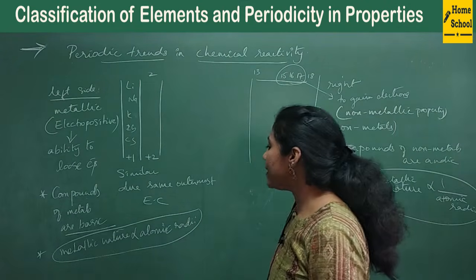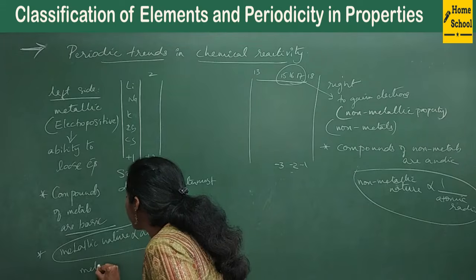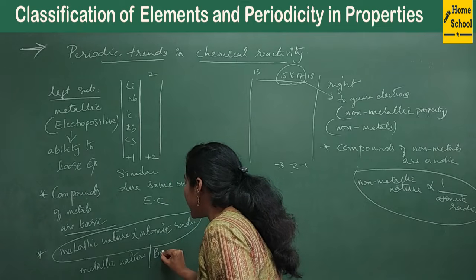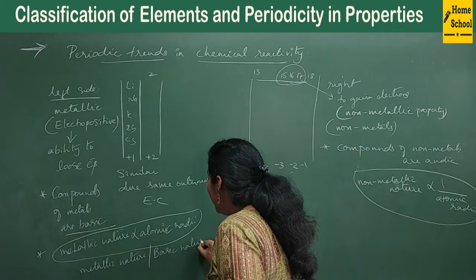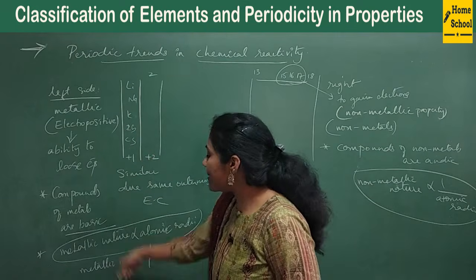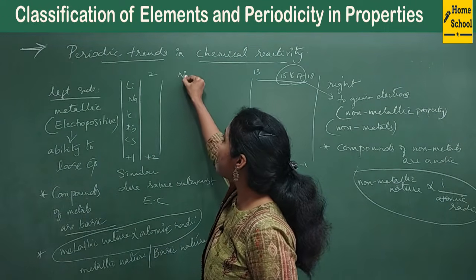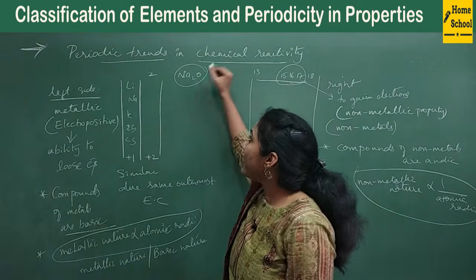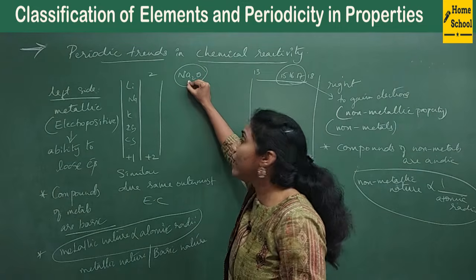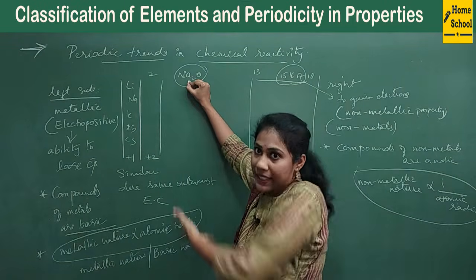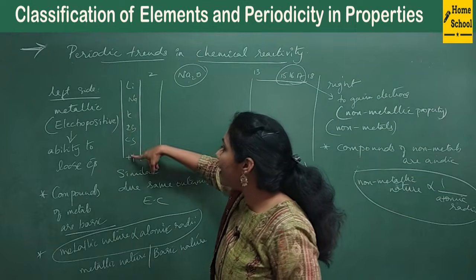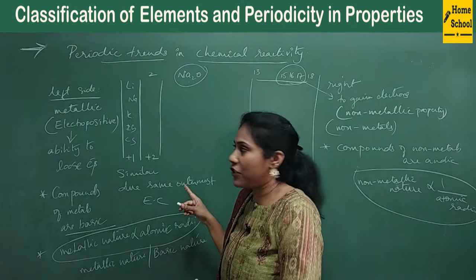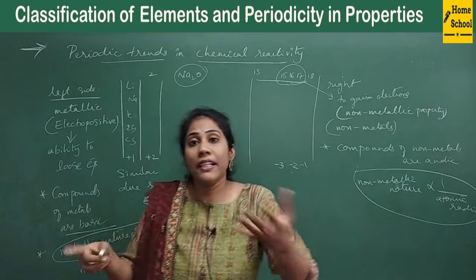So now try to understand metallic nature, or in other words I can call it basic nature, right? When an element is single, I'll call it a metal, but the same element when it is present in the form of a compound, I will call basic. So when I talk about the compound of a metal, I will say that it is basic. When I talk about single elements, I will say that it is metal. For compounds we say basic nature or acidic nature, but for elements we say metal or non-metal.